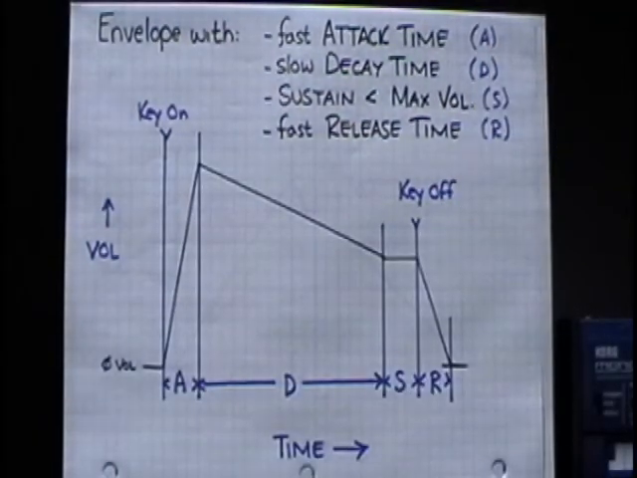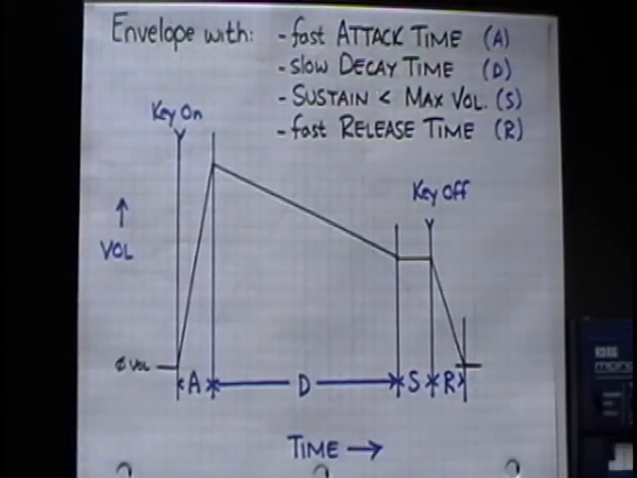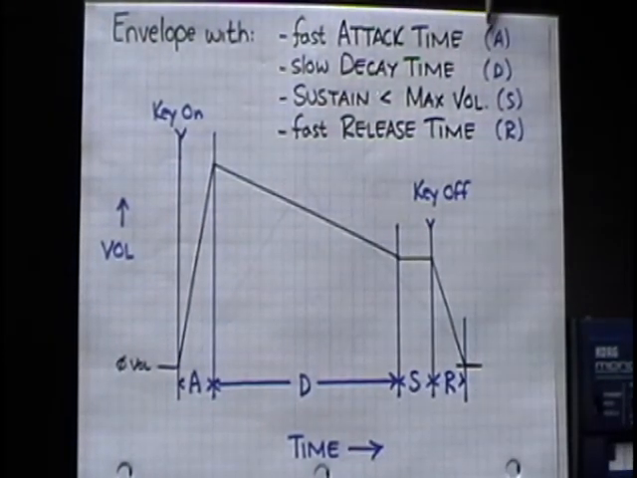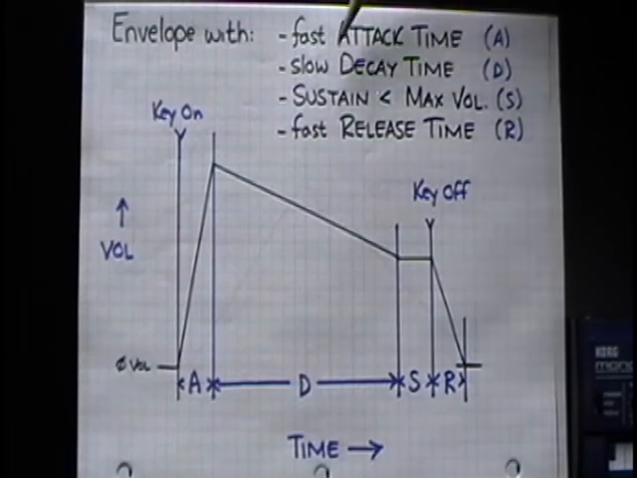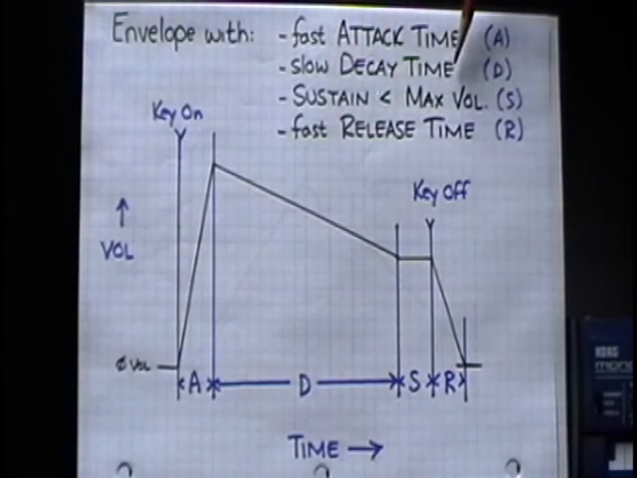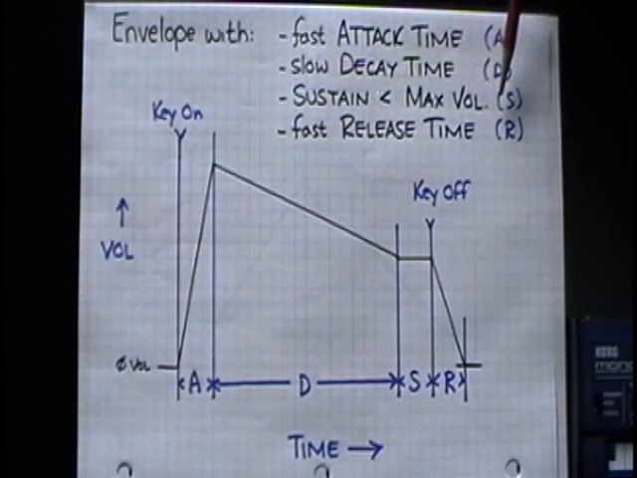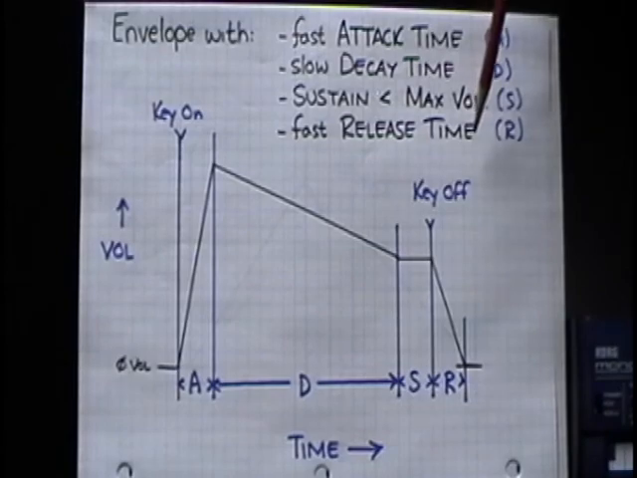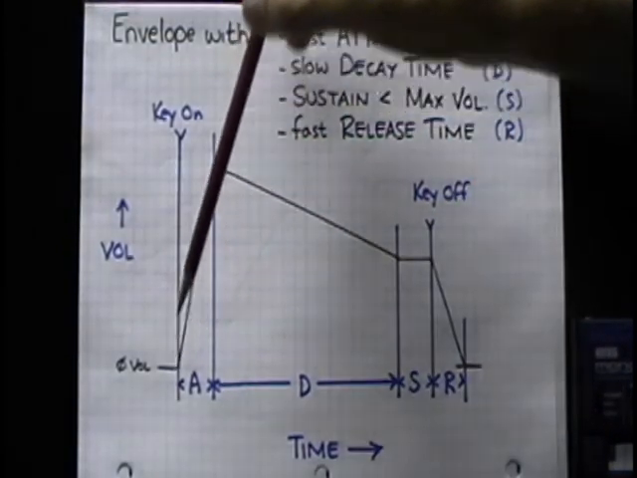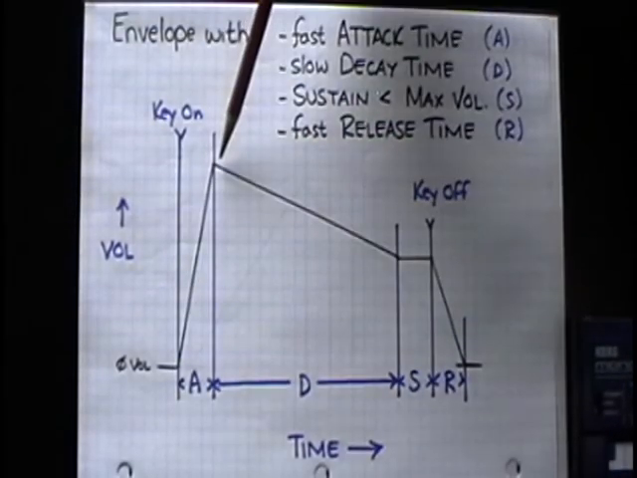Okay, let's look at this envelope. This envelope has a fast attack time, a slow decay time, so I'm going to change the decay time. We had it set at about medium, but I'm going to turn up the rate. Sustain, once again, we'll keep it at something less than the maximum volume, and then we'll have a fast release time again. So you're going to have a fast attack time, key on, it gets to that maximum fairly quickly,